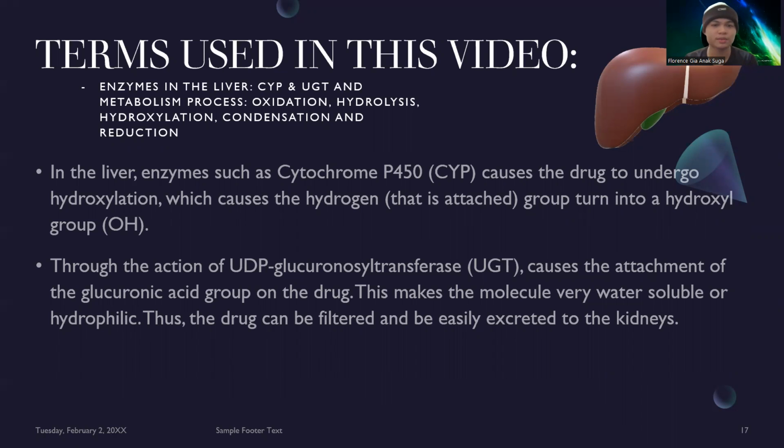So in the liver, enzymes such as cytochrome P450 or CYP cause the drug to undergo hydroxylation, which turns the attached hydrogen into a hydroxyl group, which is an OH. Through the action of UDP glucuronyl transferase, known as UGT, the glucuronic acid group attaches to the drug. This makes the molecule very water soluble or hydrophilic. Thus the drug can be